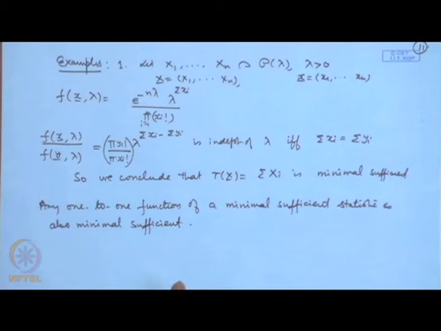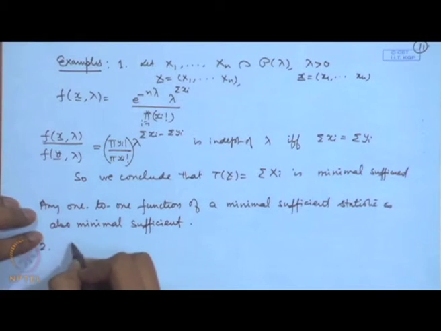So, in most of the problems where we have applied factorization theorem, we actually have a factorization. So, if we write down the ratio, then the term which is consisting of the parameter theta is related to g(T(x); theta) divided by g(T(y); theta). So, if you consider this ratio and obtain the condition when it is going to be free from the parameter, that will give the minimal sufficient statistic.